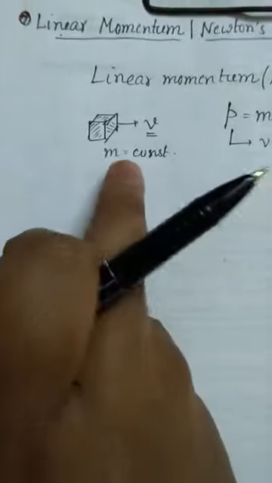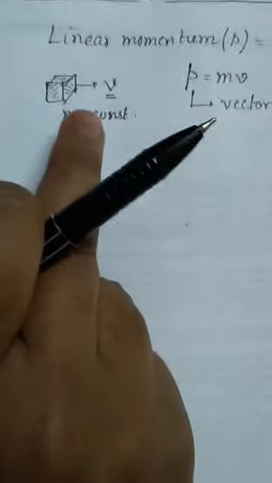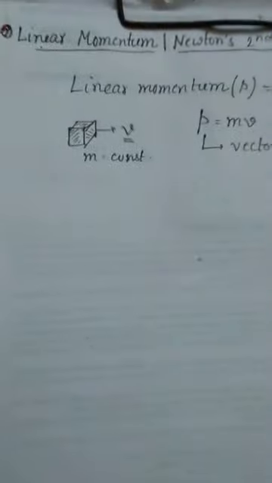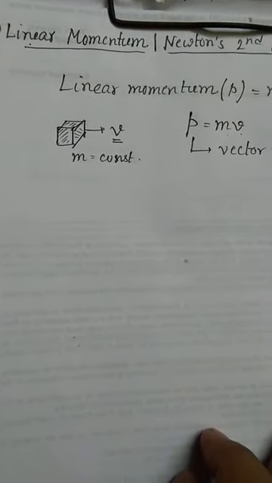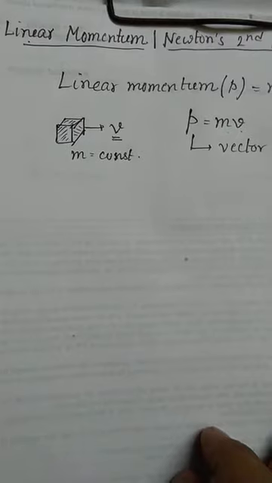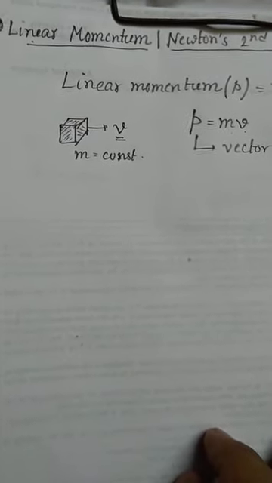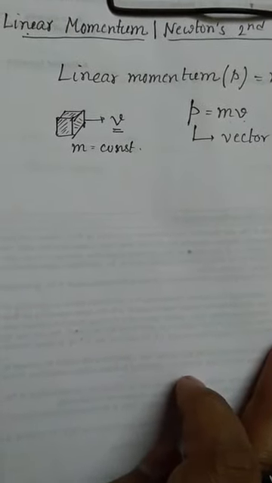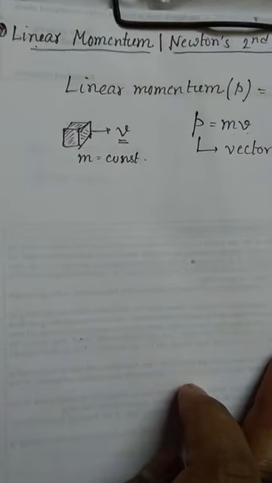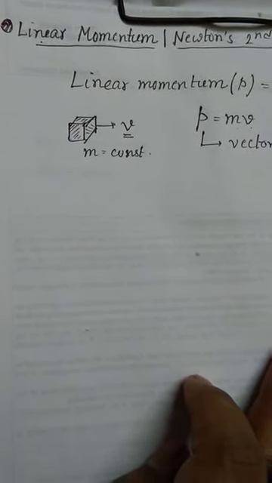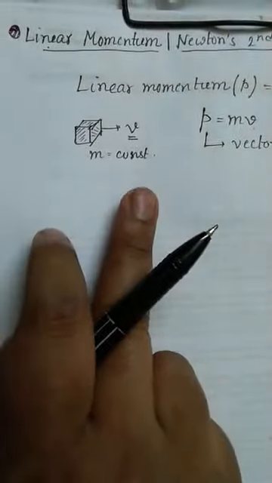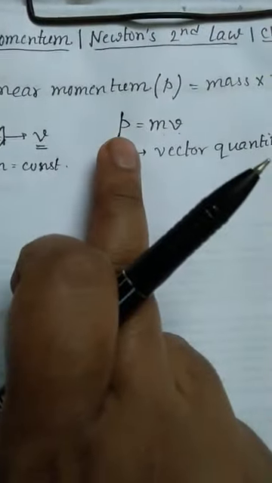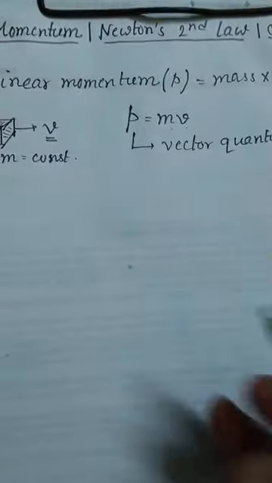But there are some cases where mass can change. Let's say the motion of a rocket: in the case of rocket motion, the mass changes. Another example is an electron, proton or some fundamental particle in an atom or nucleus. This type of particle may change its mass. I shall give you another example, but right now we are talking about the change of linear momentum.